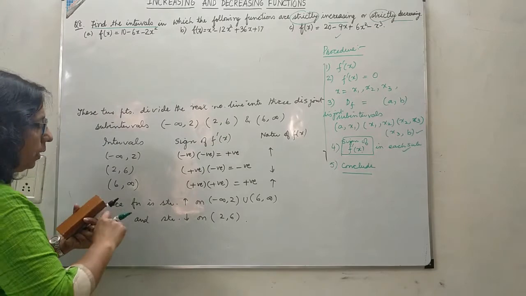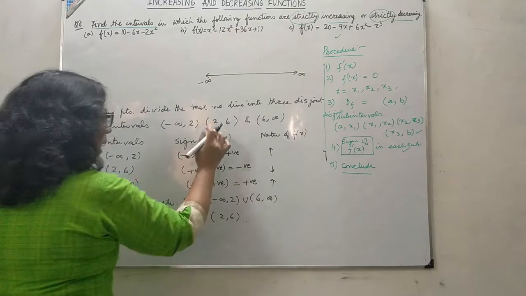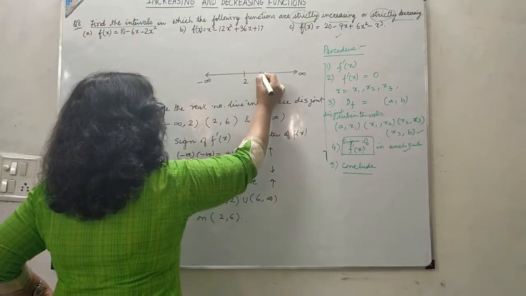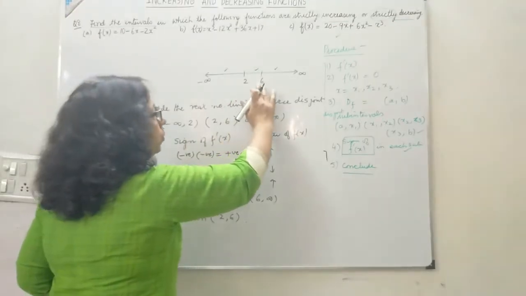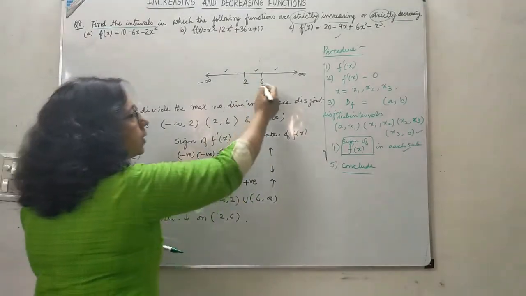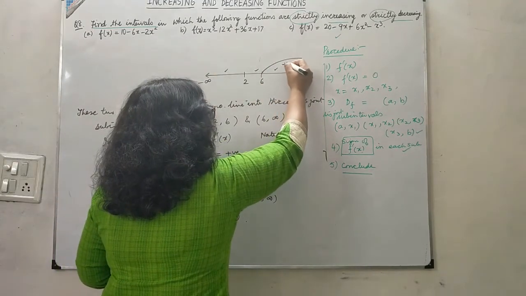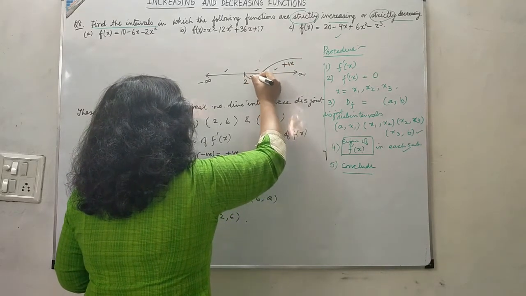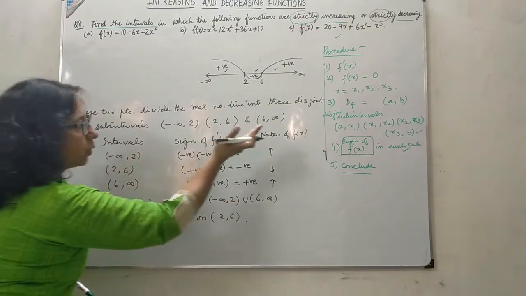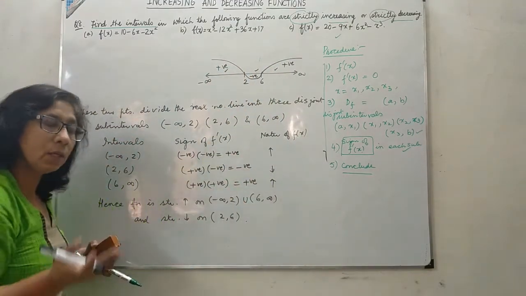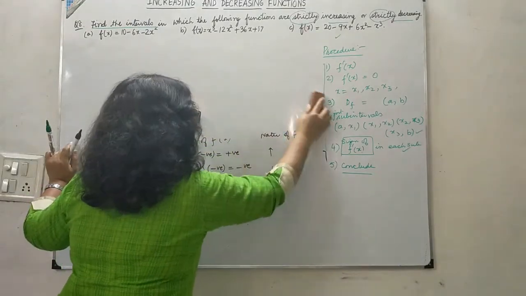We can also use here the wavy curve method, that is, we have these 2 points 2 and 6 which give the subintervals minus infinity to 2, 2 to 6 and 6 to infinity, because 6 is positive. For more than 6, every factor is positive, so this part will be positive, and this is negative and this is positive. You can see there are alternate signs going on. So from here you can also see positive, negative, positive, it always alternates. So let us take one more question to understand this way also.